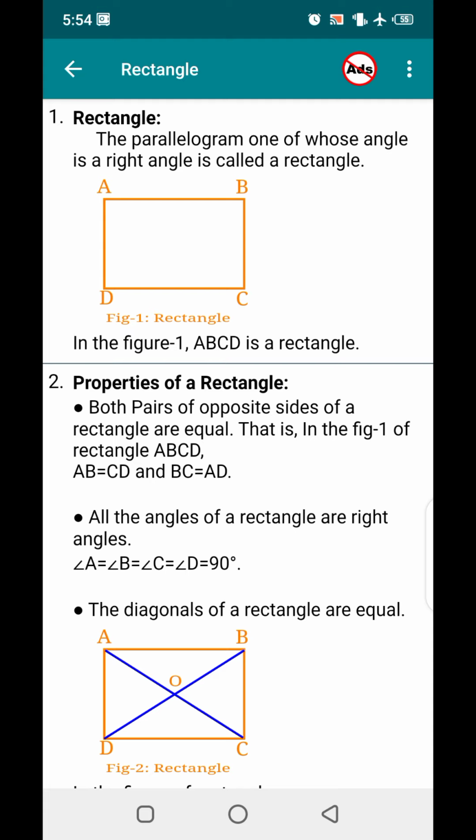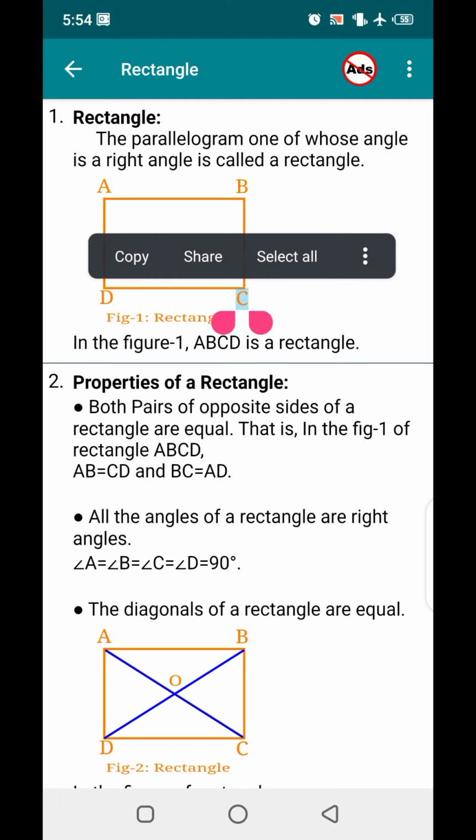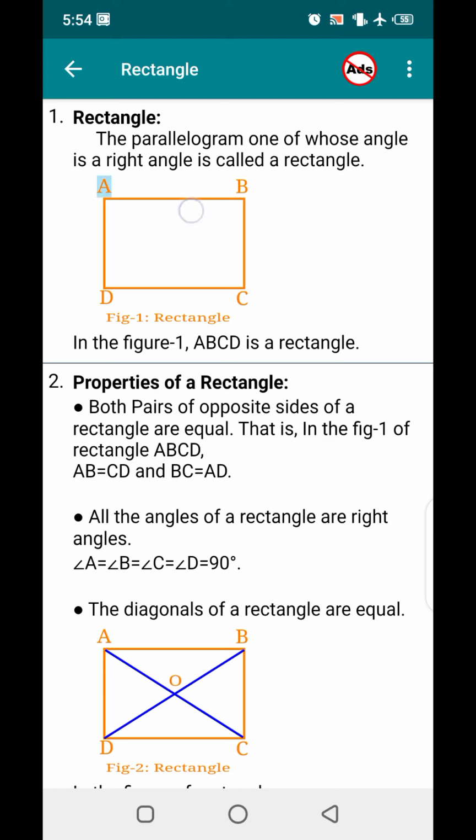In other words, a rectangle has four sides and two opposite sides are always equal. Suppose this is A, this is B, this is C, and finally D. There are four sides. Now this side must be equal to this side, and this side will be equal to this side. This is the nature of a rectangle. In Sindhi or Urdu we call it mustatil. It means the two pairs of opposite sides are equal.